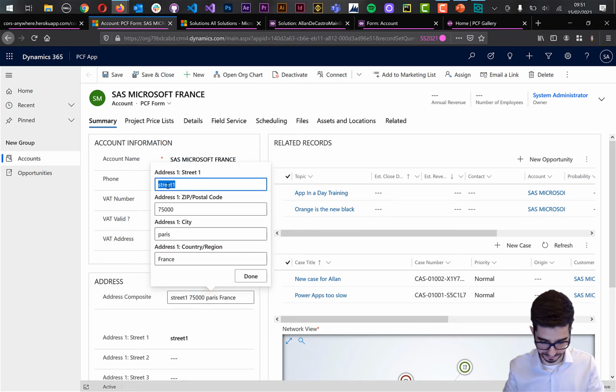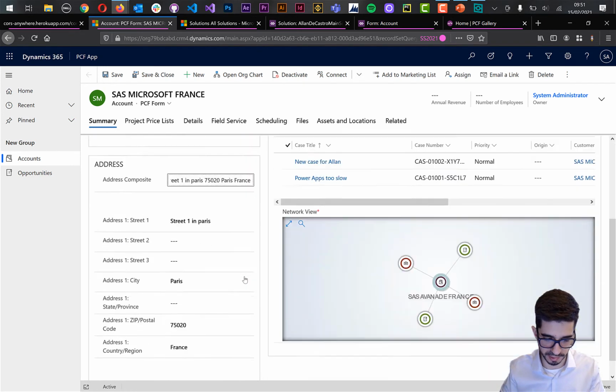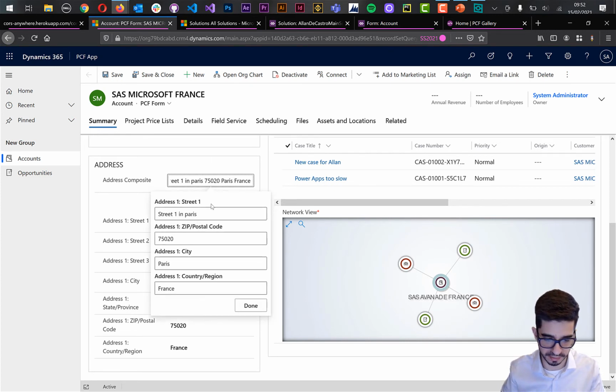So for example, you can say state 1 in Paris. You can change the postal code of Paris, France, and it will automatically populate each field according to the configuration. And you can open it again, change it,